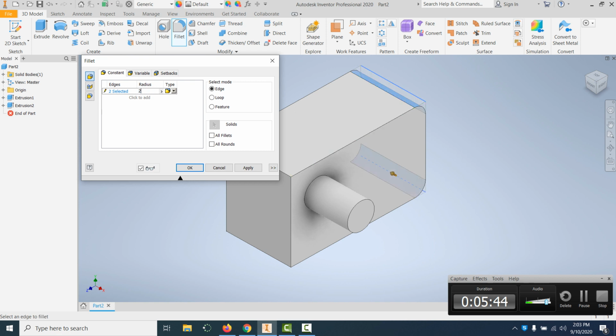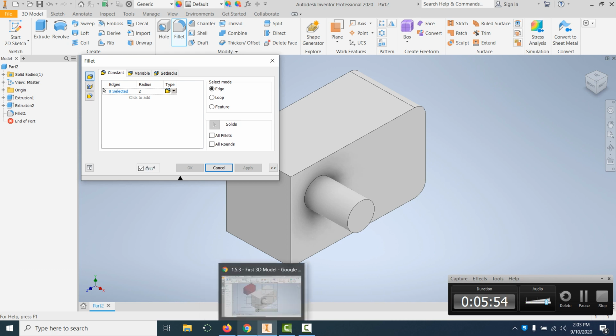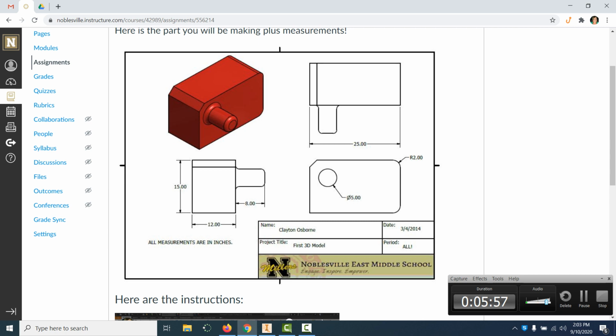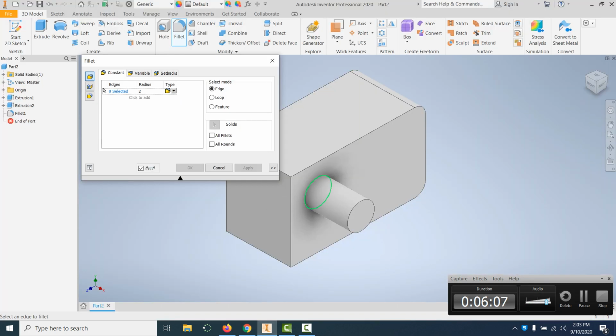Notice it shows me what it's going to look like. I have to hit apply. Okay. I'm not done with this tool yet. I do have 2 more surfaces that I need to round. Okay. I need to round off these edges at the end of my cylinders. These, though, we're only going to round to 1 inch, because if we round it to 2 inches, it'll get rid of almost all of it. So I'm going to click my inside, my outside, and again, it tries to round it to what we had last, so I need to just come in here, change that to a number 1, hit apply,